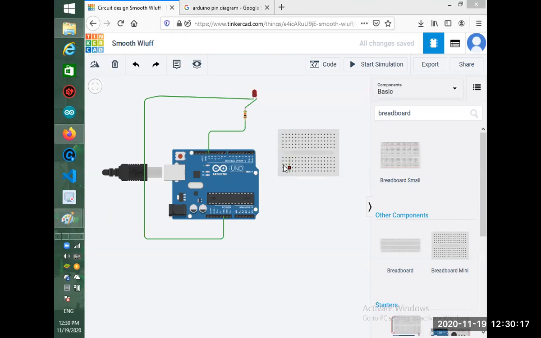Suppose we want to add 4 LEDs. We put the 4 LEDs in between, and by putting them here they connect automatically and we are able to make more things very easily. Suppose there are only 2 grounds and we require 13 grounds for 13 different LEDs.